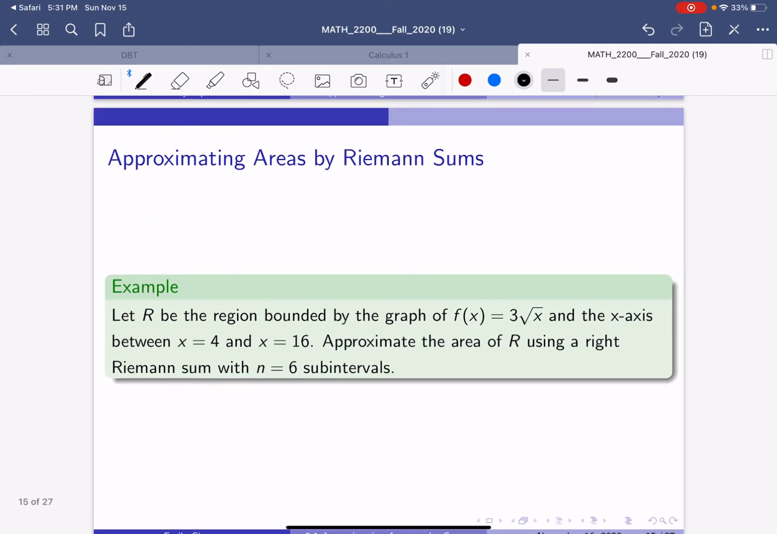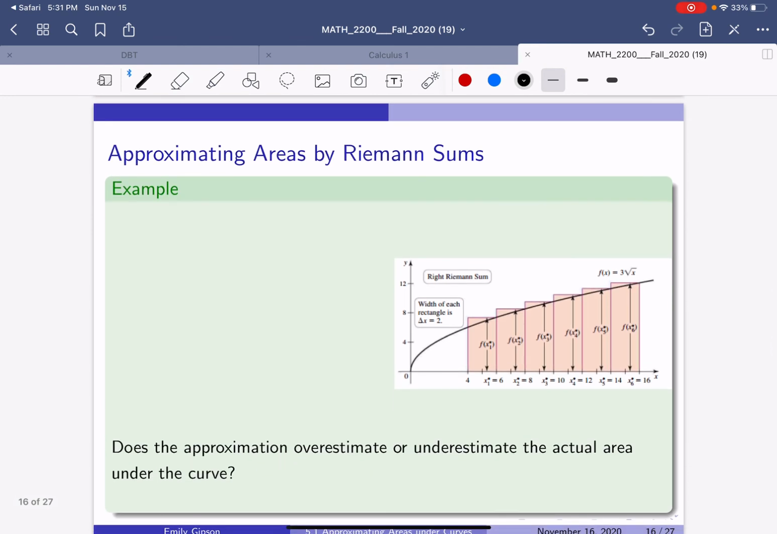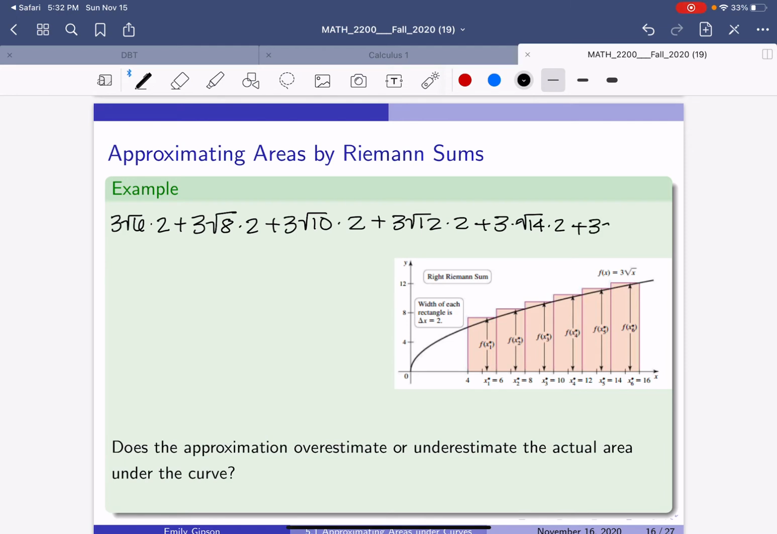Now we're going to do the exact same thing, but we're going to use a right-hand Riemann sum. And it looks pretty much the same, but we get 3 times root 6 times 2, 3 times root 8 times 2, 3 times root 10 times 2, 3 times root 12 times 2, 3 root 14 times 2, 3 root 16 times 2. And all of that works out to be about